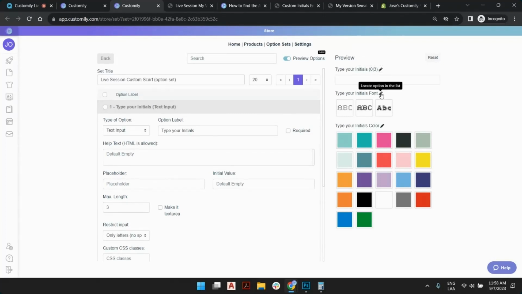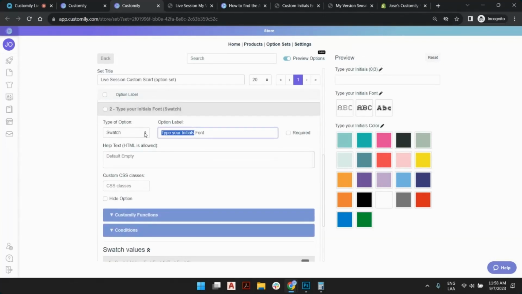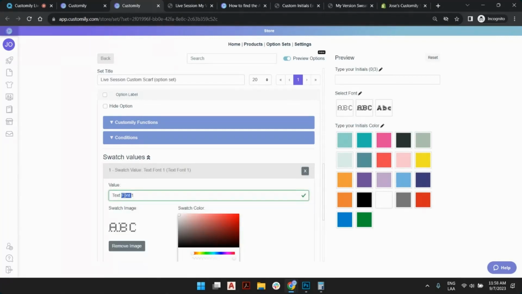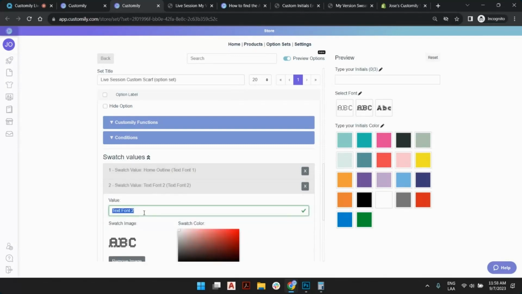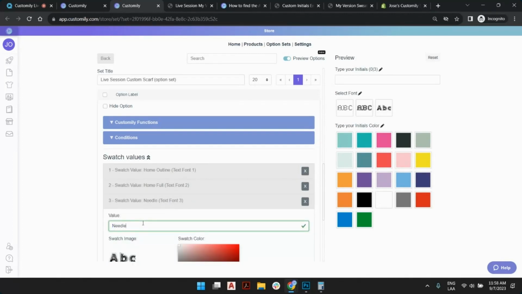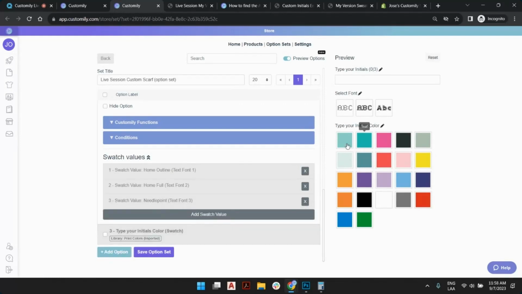Another thing we can customize is the label. In the font here, this label should look nicer. Select font, and we can rename this. Remember, as we did before, this will be the home outline. The other will be the home full, and the other will be the needle point. And in the color section, because I had this library created already, you see all my colors have